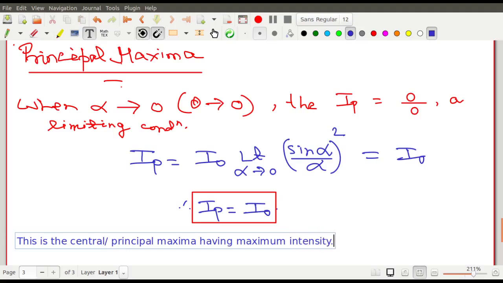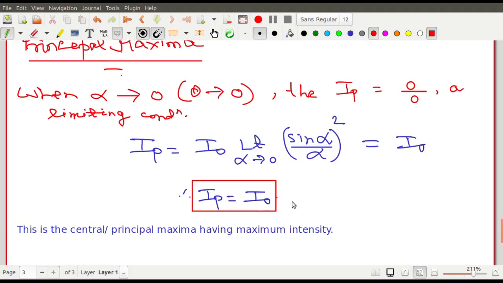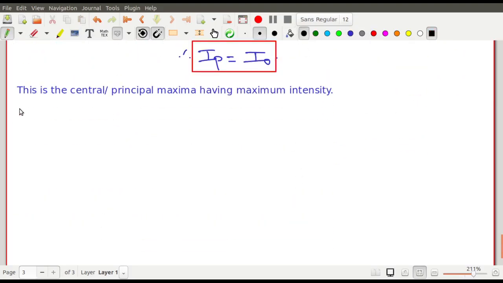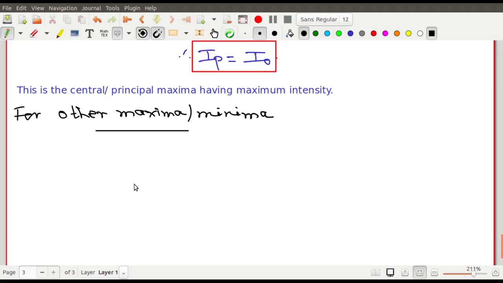This is the maximum intensity. There are other maxima also, but their intensities are lesser, as you will see within the next 10 to 15 minutes. তো সেটাও তুমি দেখতে পাবে। আচ্ছা, এবার বাকি ম্যাক্সিমা মিনিমা গুলোর জন্য, for other maxima and minima we do the following. For other maxima or minima, what will we do? For other maxima or minima, অন্যান্য গুলোর জন্য we set